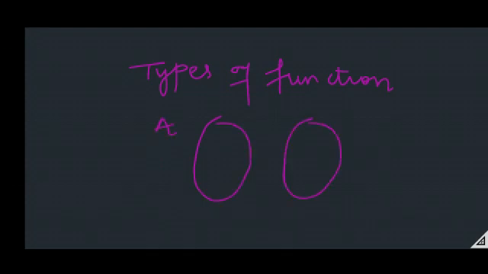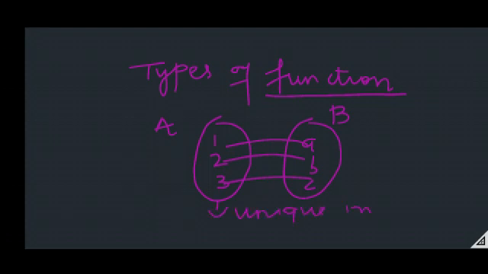Now the next topic which we are going to start is types of functions. What did we do just now? We saw types of relations. Now let us see what the types of functions are. In the beginning I told you children that we are going to discuss this with the help of mapping. We take two non-empty sets A and B, then we have some elements here, and then we have some connectivity here. Now which relation is said to be a function?